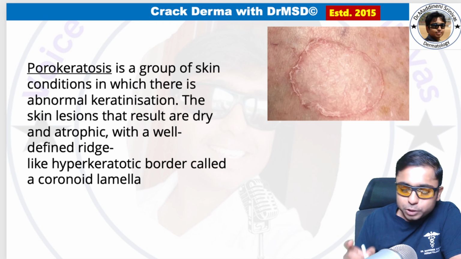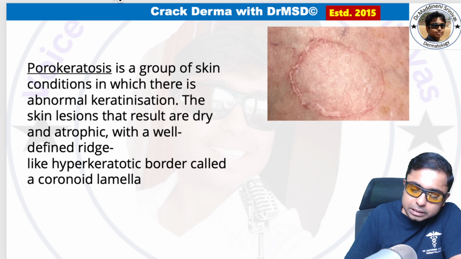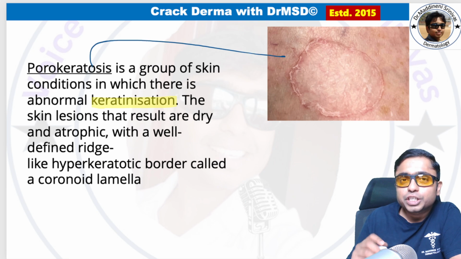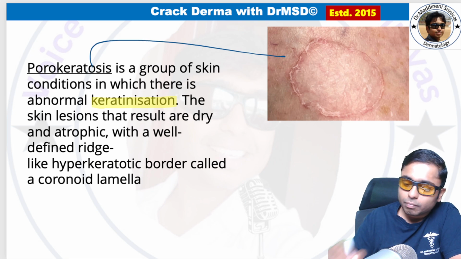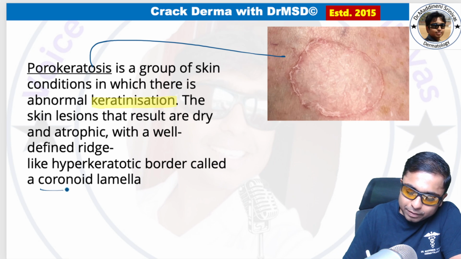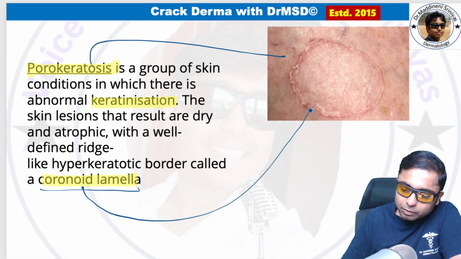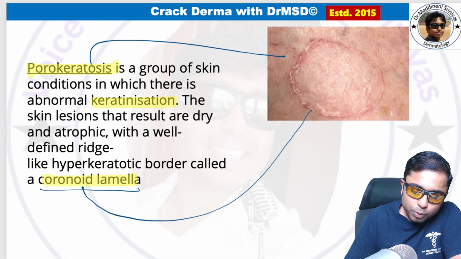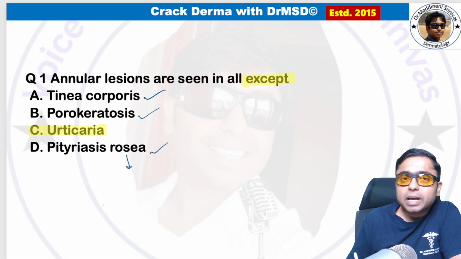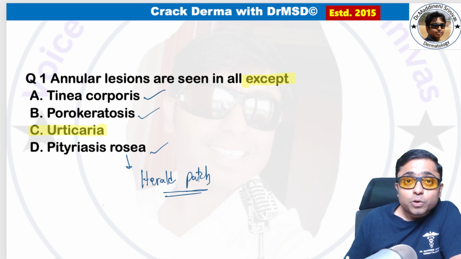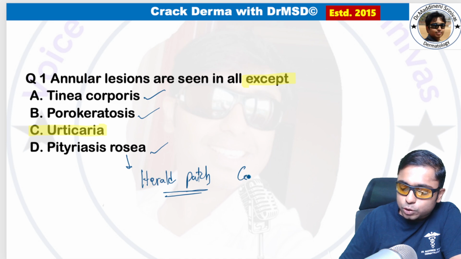Coming to the option porokeratosis, porokeratosis is a disorder of keratinization because of which we see this ring-shaped annular lesion, which has a periphery called the cornoid lamella. Just remember these names: porokeratosis, keratinization disorder, and cornoid lamella, which is a hyperkeratotic border. And you might be wondering, sir, in pityriasis rosea, where do we see the annular lesion? Remember the herald patch,